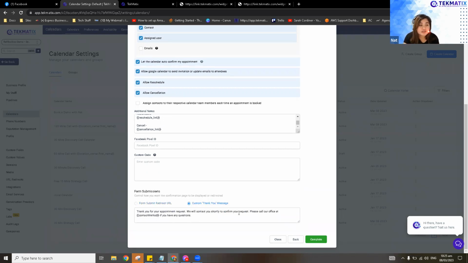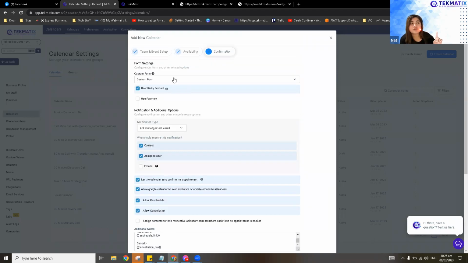In this thank you message right here, you will see another custom value, which is contact method. Contact method is basically the contact method you put into your business settings. But if you don't want to put your number in there, if you don't want to get calls from your clients or students, you can just get rid of this one. So I'll just get rid of that because I don't want it. And yeah, that should be it. So I'll just click on complete.